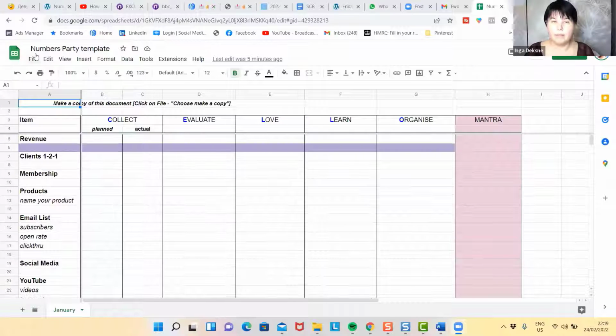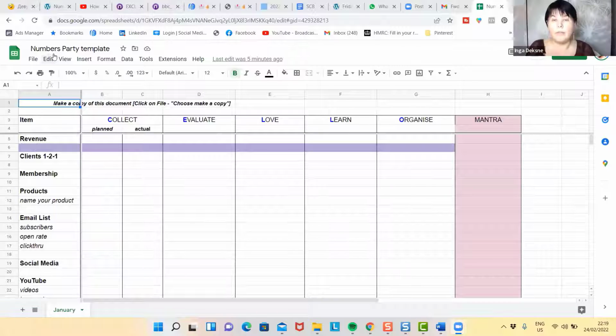Now I'm going to share with you the document and you can just repeat the activities that you will see. You can pause this video and then open the document, and work with this video as your tool. You will receive the numbers party template. It's a Google Doc sheet. Don't worry if you don't use Google Documents, it will open anyway for you.